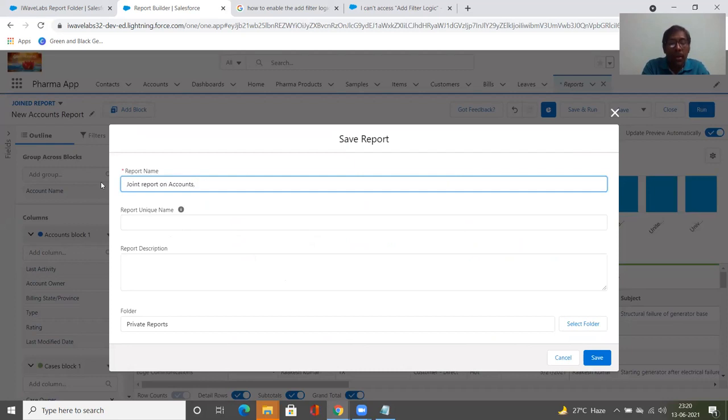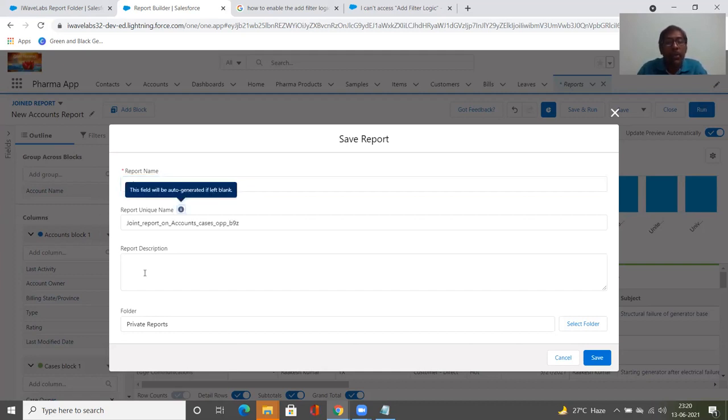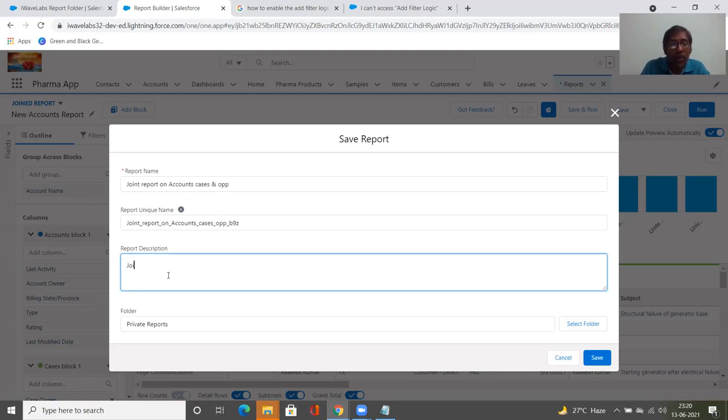Now click on save, and the report name is going to be joint report on accounts, cases, and opportunity. I'm going to give the name here: a joint report on accounts, cases, and opportunity.